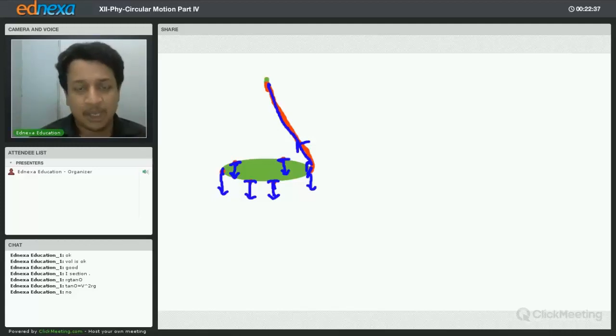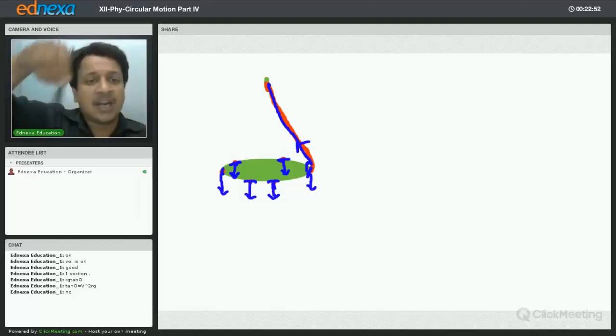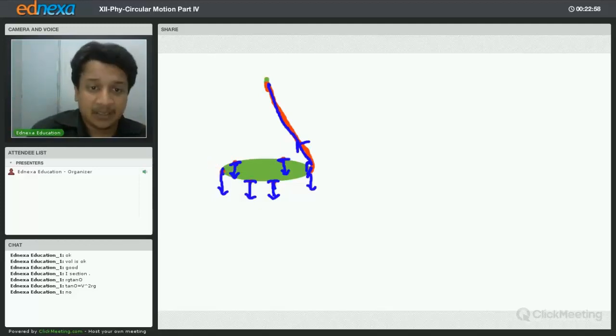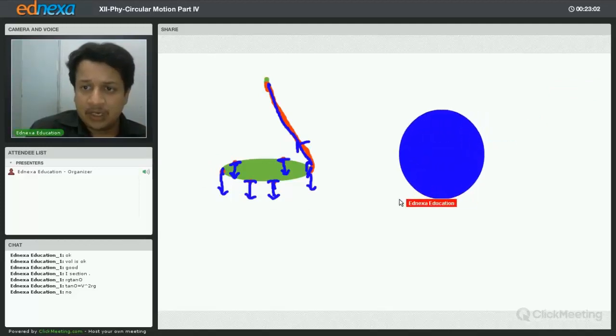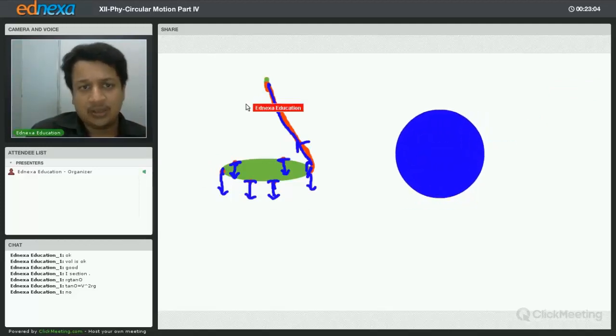Take a note of it. Which thing are we going to resolve? The thing which is not perpendicular or the thing which is not parallel, that thing we are going to resolve. Over here, weight is perpendicular at each and every position. Therefore, we do not resolve weight. But in VCM, in vertical circular motion,